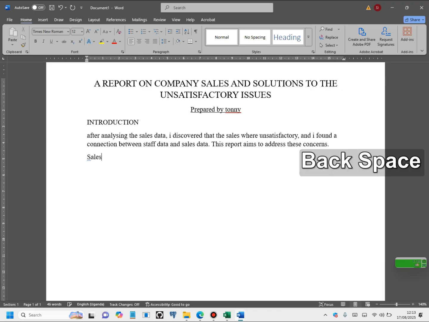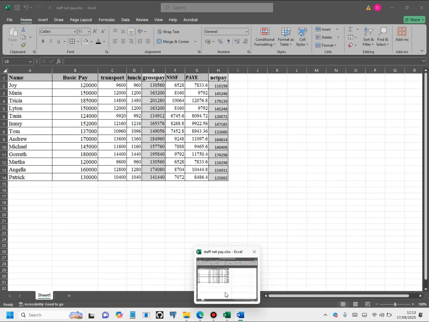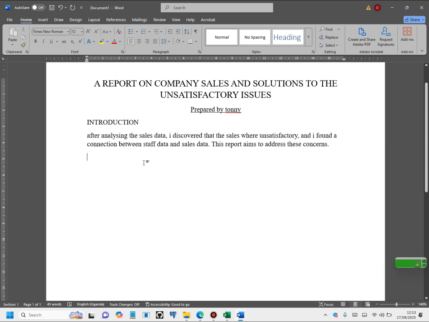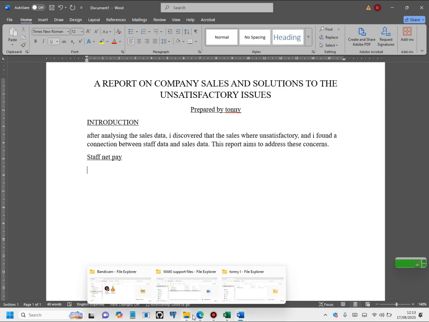The sales data. Staff. What data do we have here? It is called a staff net pay. Staff net pay. You underline that, even this. So you include a